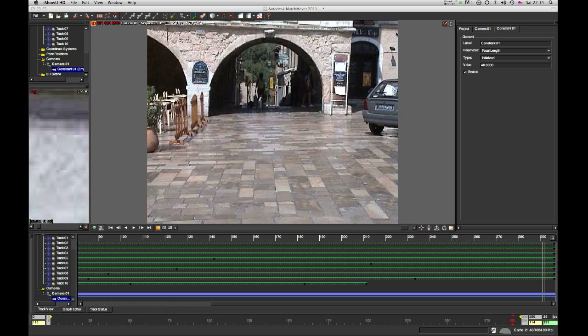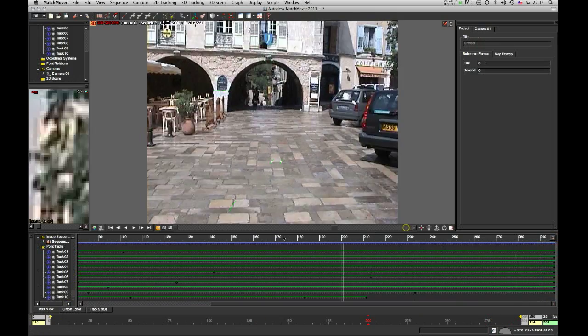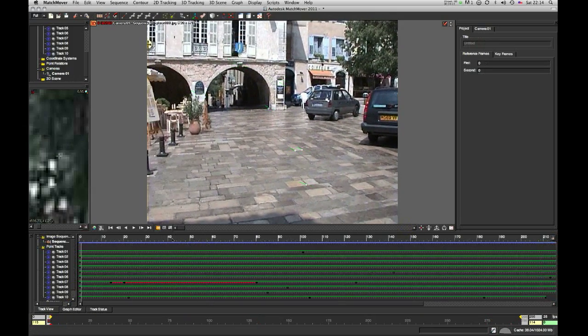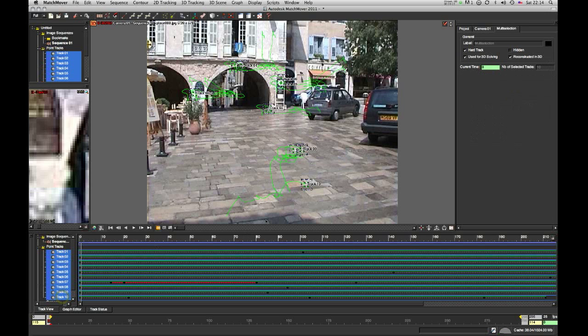Okay, so I know a lot of you had a problem with the zoom shot. What I have here are the trackers that I've put for the zoom shot, and I would like also to remind you that with any kind of shot, it is very important to spread your trackers as well as possible to represent the 3D space as much as possible, because if you put everything in the same spot, then you're going to throw off your